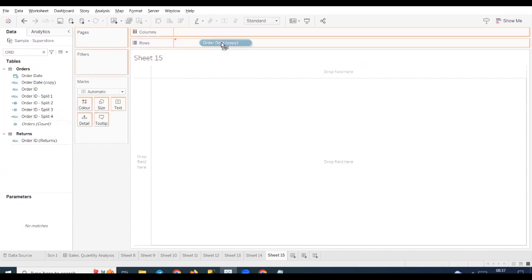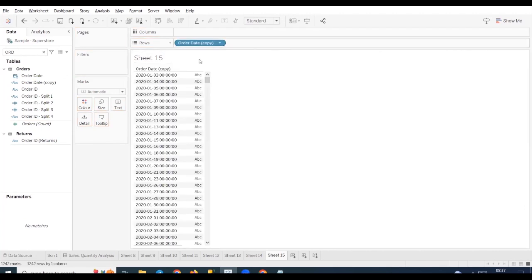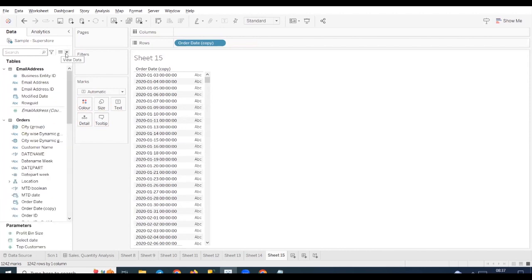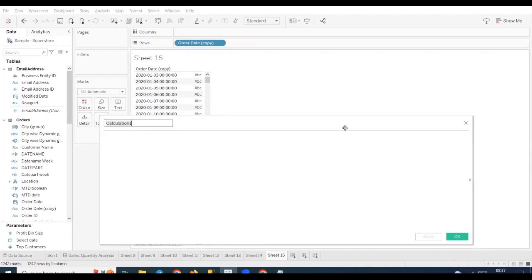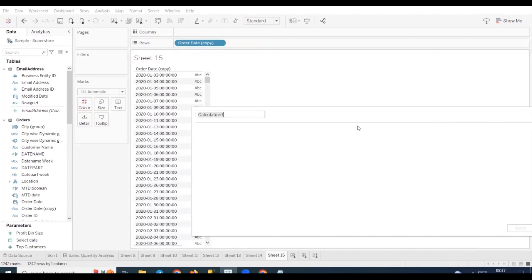So this is my string copy of order date. Okay. So I want to get the date out of it. Sometimes your date field is in string format, so then you need to convert that string format into date format. For that purpose, we have only one function to make use of this, which is DATEPARSE,